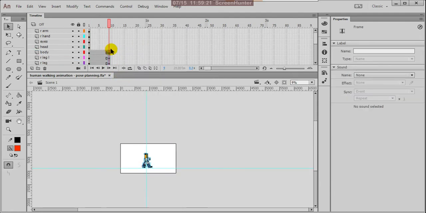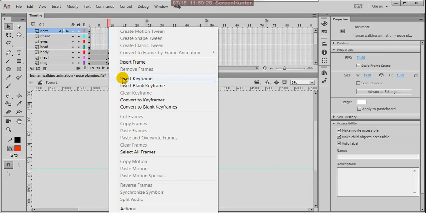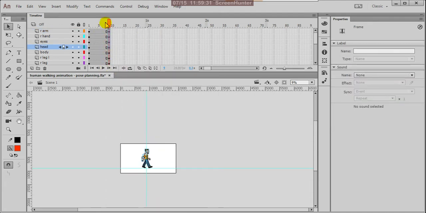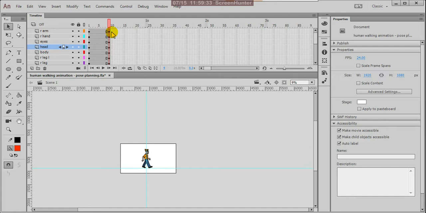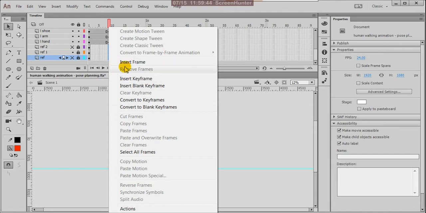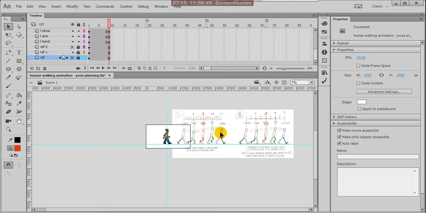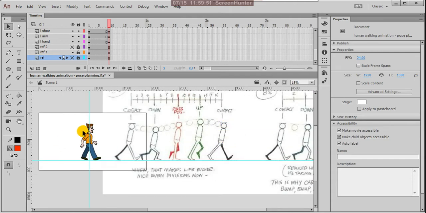Here we forgot, from here to here can extend frames, right click and insert keyframes, so that the same frames are extended up to the 9th. Suppose we want our reference also, because without extending we cannot see those. Good. Suppose this pose you have to do, this is already there, so this pose you have to do.